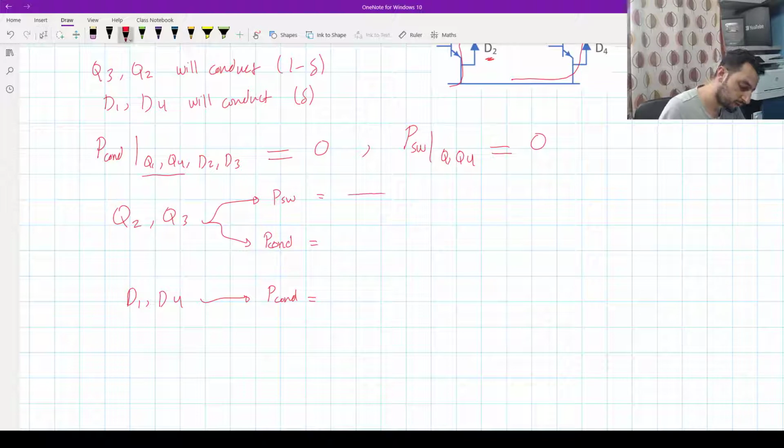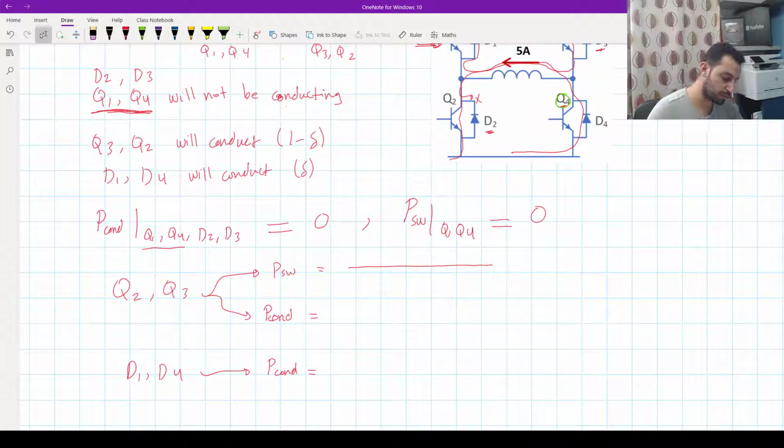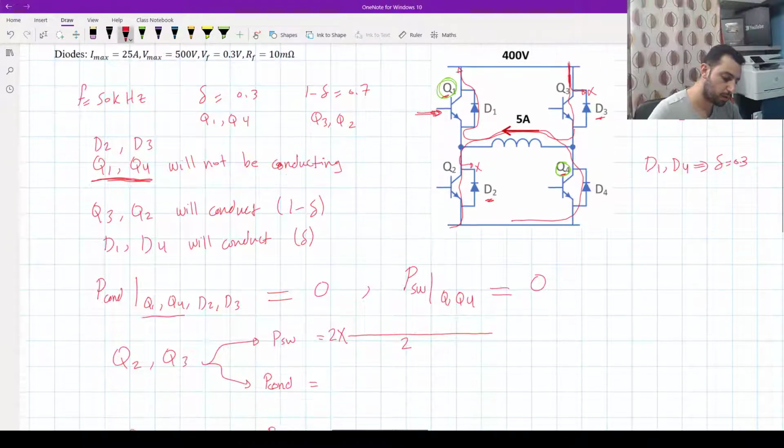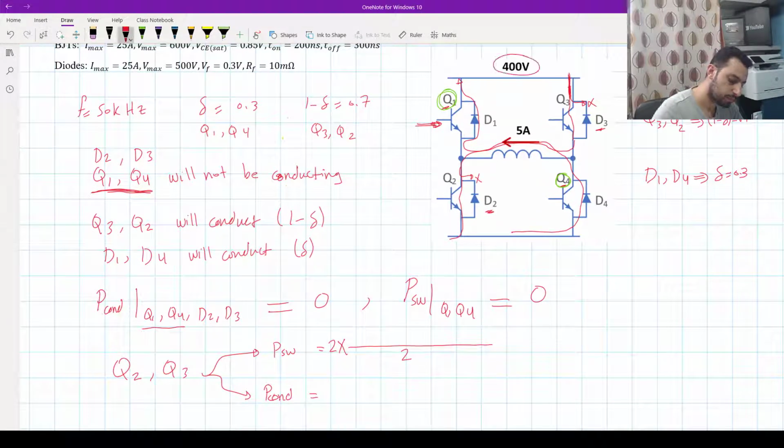So for the switching losses, I think this is an inductive load. That means we have to divide by 2. And because we have 2 transistors, I will multiply this by 2 as well. All that will be multiplied by 2. So what is the Vmax? I think we have 400. We have 400 volt here,